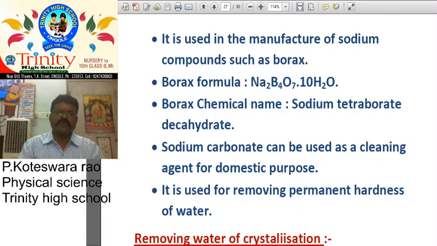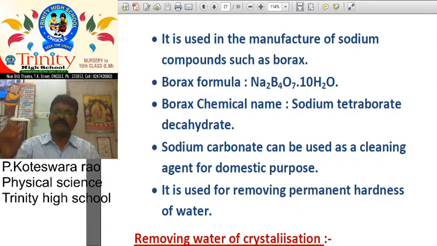While bathing, you can observe that soap gives a lot of lather or foam. If you pour water, that foam or dust is easily removed. But if you are washing with hard water, meaning bore water, then what happens? The soap is not dissolved. It forms a scum on our body, and we do not feel like we have bathed.